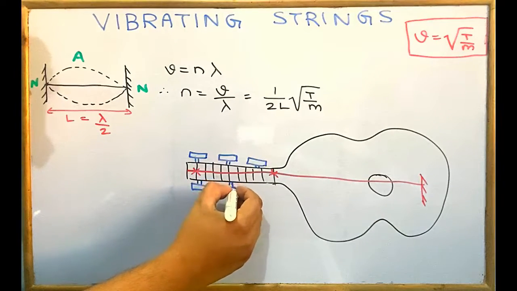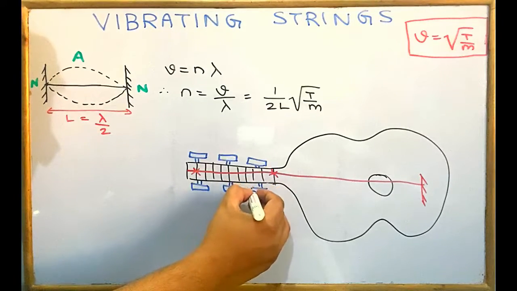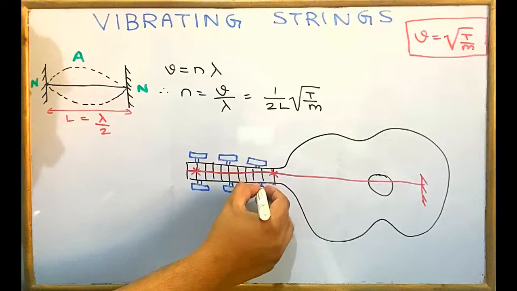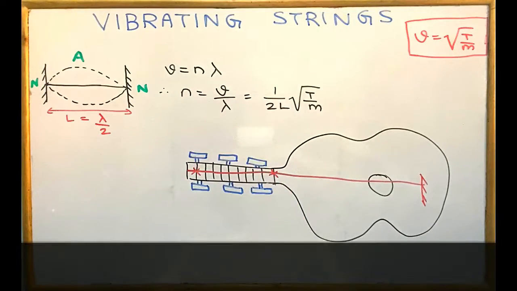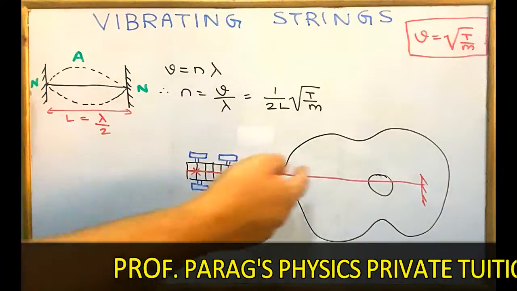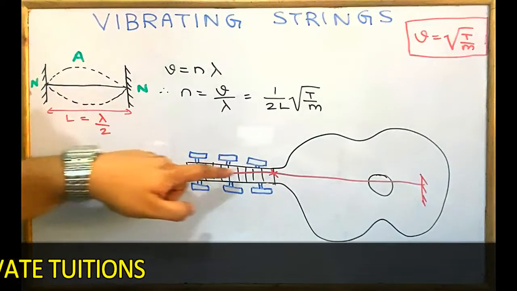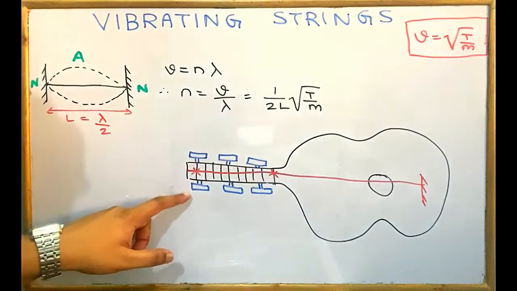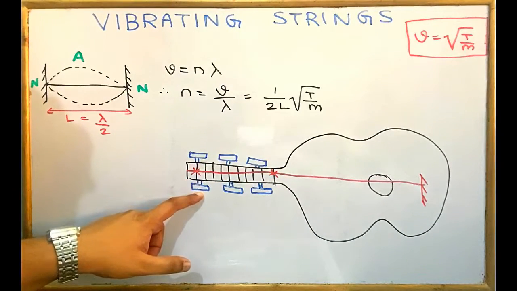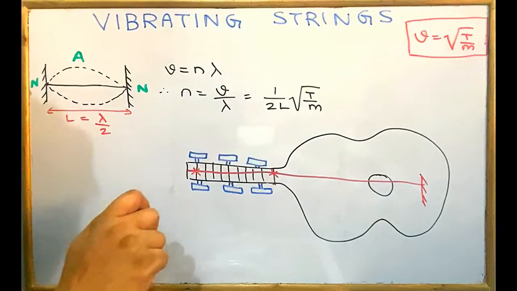So what are these knobs meant for? The 6 knobs, I'm talking about an acoustic guitar, right? The 6 knobs control the tension in the 6 strings. So any one given string, right? Suppose the tension in this string that I have drawn here is controlled by this first knob here, then all you have to do to understand this point is just turn the knob